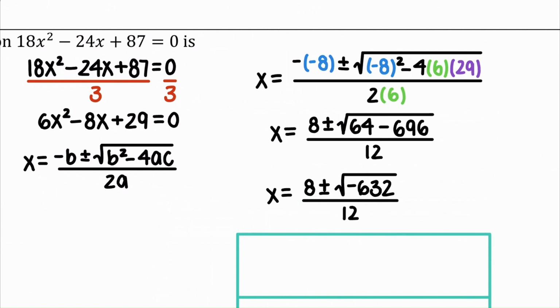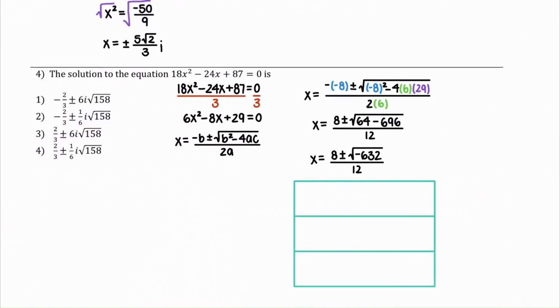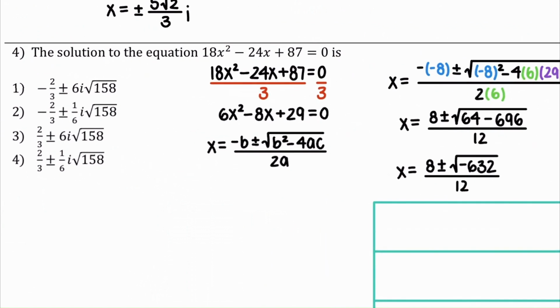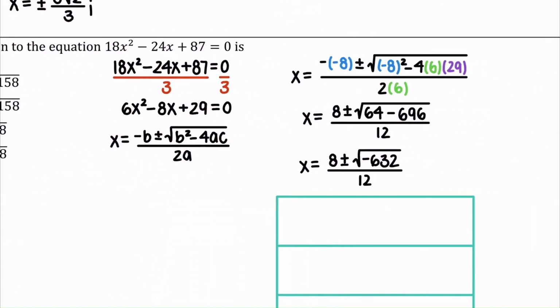And so right here, this is going to be annoying because, well, we have this very large number, negative 632. And you might be thinking to yourself, well, how do I know what to use to simplify this radical? And so what we can do is, well, that's where the answer choices come in. Notice here that every single answer has 158 in it. So what we can do is maybe try taking this value and dividing by 158 and seeing what we get